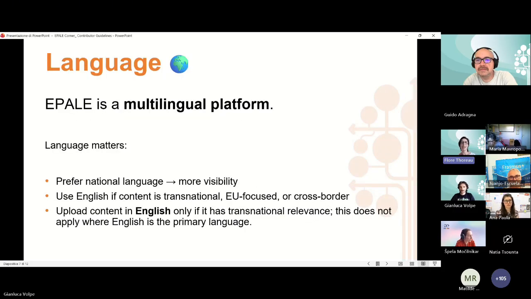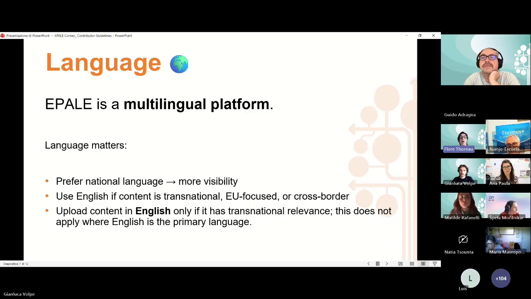Okay, I'm going to talk about the language. You can upload your content in English, but also in any other language. There are 32 languages on EPALE. And we actually encourage you to use your national language, because the English version is very crowded, because of course